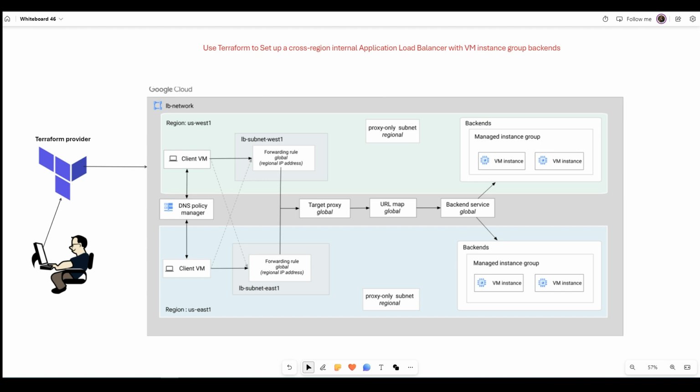High availability and cross-region failover are the main purpose of deploying this cross-regional ILB. Here you get high availability, but in the regional internal ILB, you won't get this. And that is why we use the cross-regional ILB. So let's deploy this